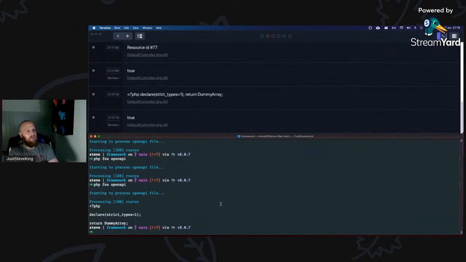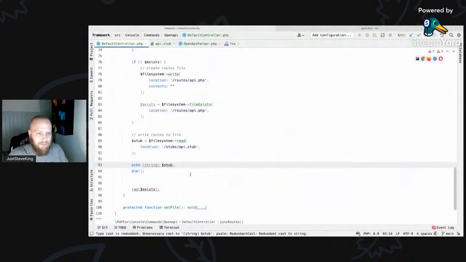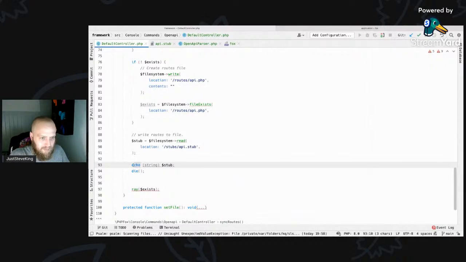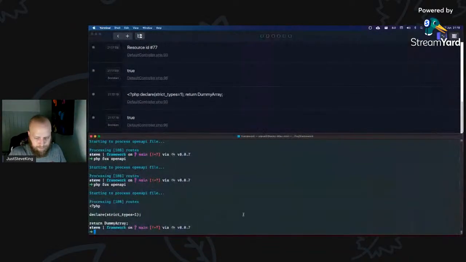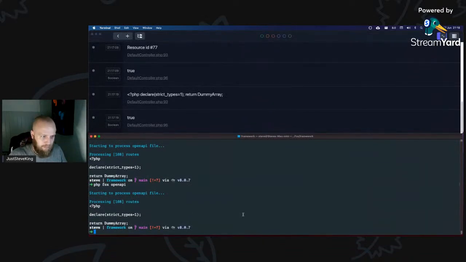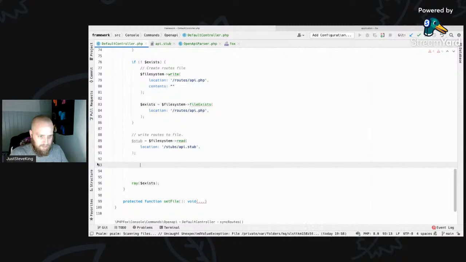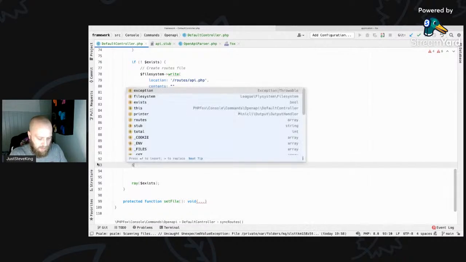It is a racer. You clever thing, Benjamin. That is a good point. So, okay, I'll cast it. It should already be a string at that point. So if I echo it out without casting to a string, what's it going to give me? Something perfect. So we've got the stub, and then we can just do a